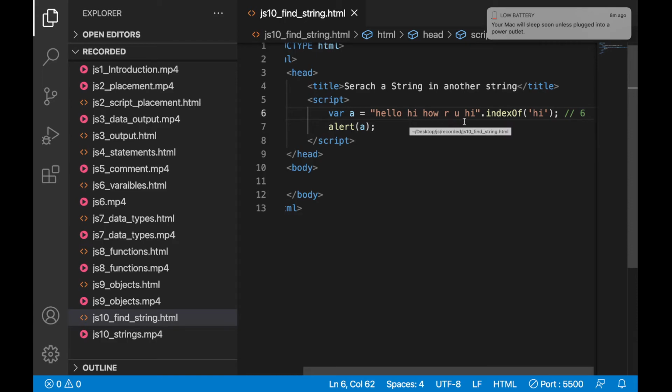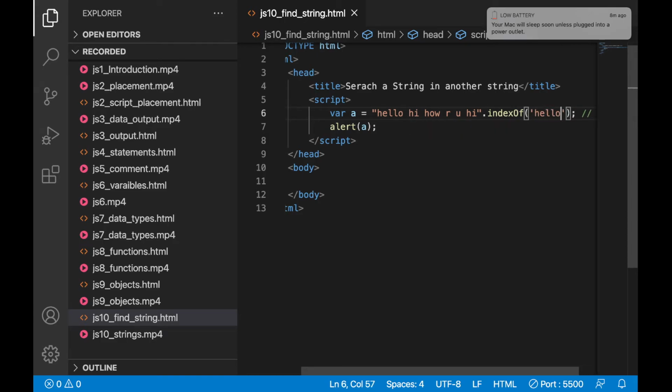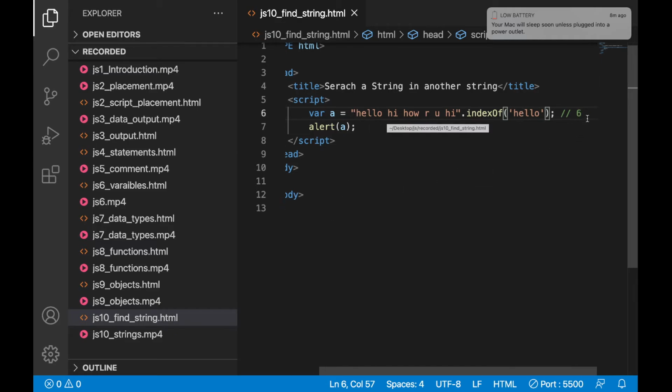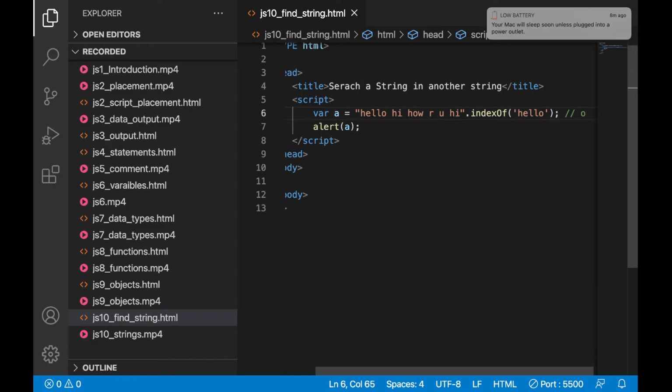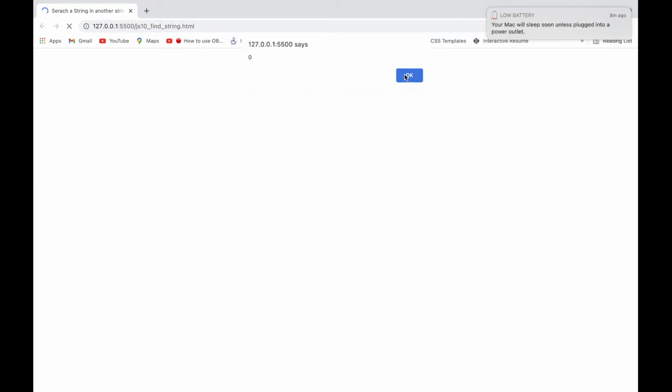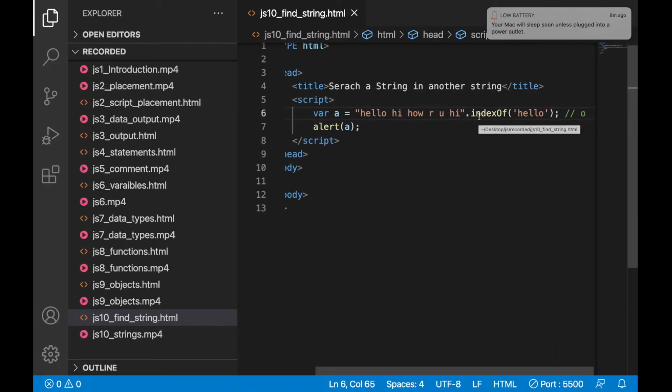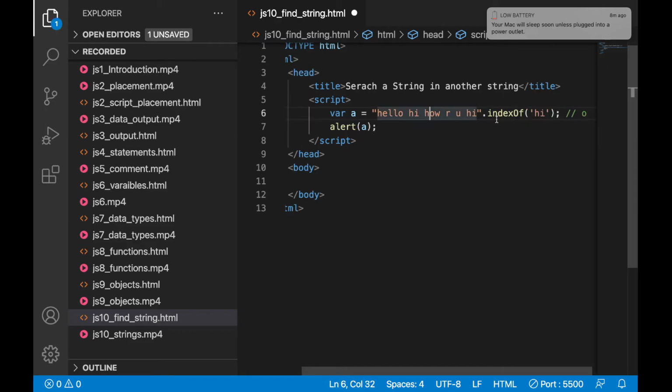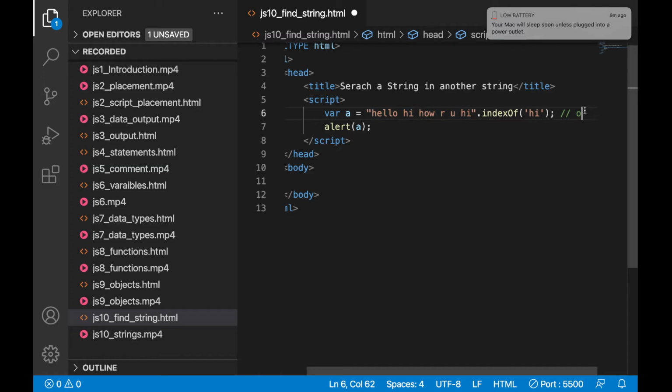Like that. If you say hello, it will be 0, because it is there at the very start, so 0 will come as output. See, 0 is coming. Similarly, let's put hi one more time, and that will give 6.